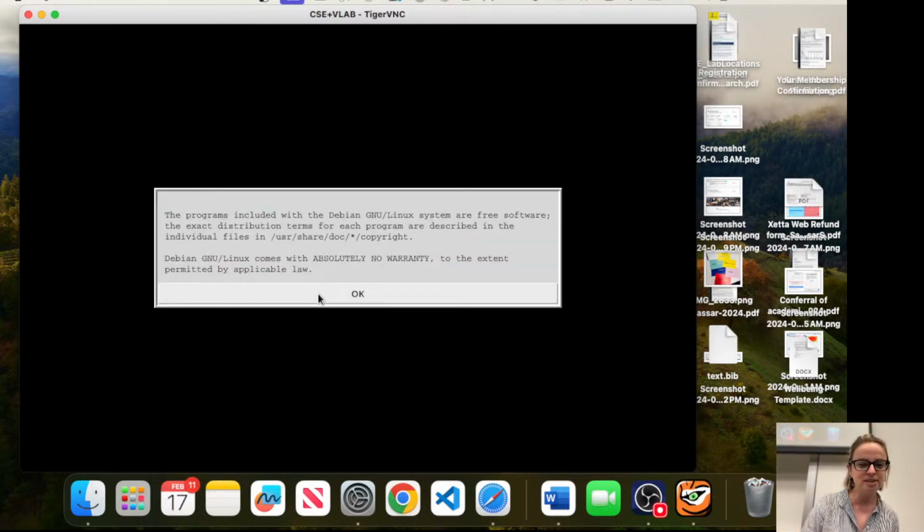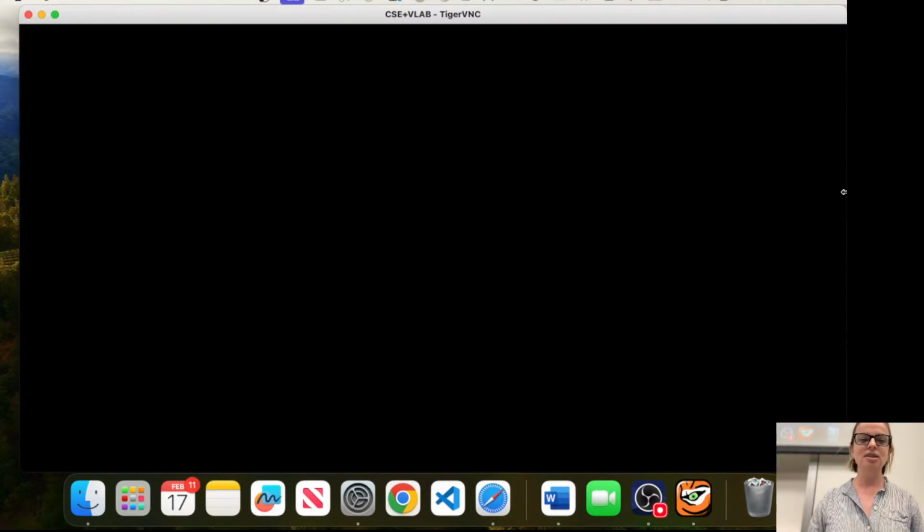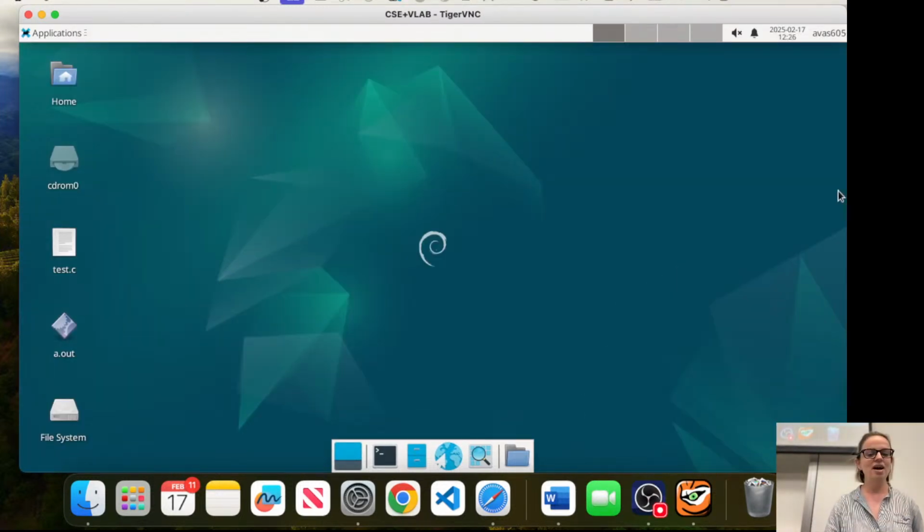What you're going to be using is this thing called TigerVNC, and it's going to log you into a virtual CSE lab. And this virtual CSE lab is what you will be using to complete your work. In about week 2, 3, 4, you're going to see me switch to just using VS Code, because TigerVNC gets too slow, but you will be using TigerVNC. Maybe some of you will just be using VS Code with some SSH access. We will talk about that later. This is the easiest way to run it to start with, and then you can decide.